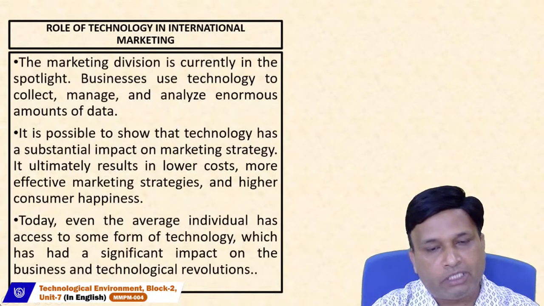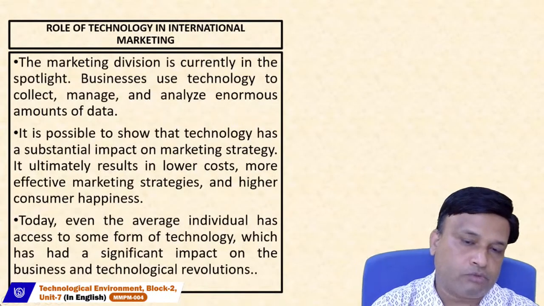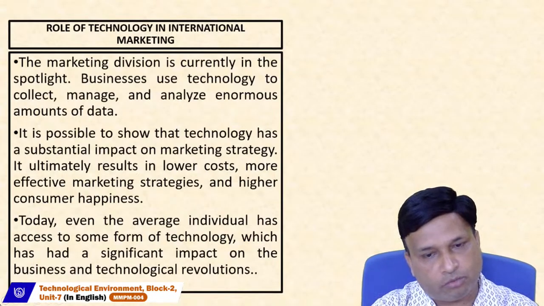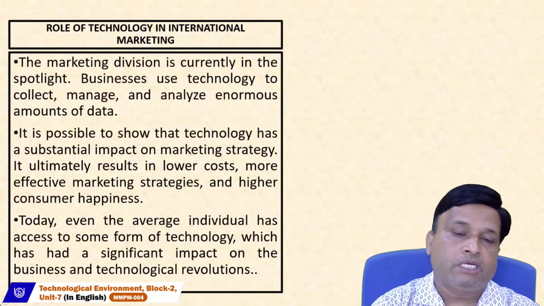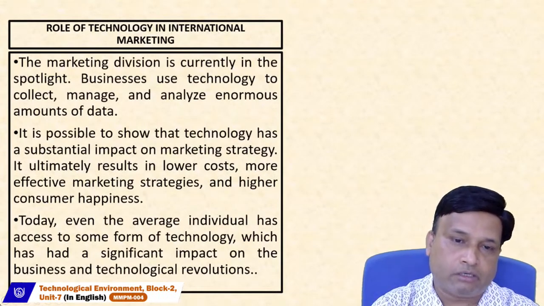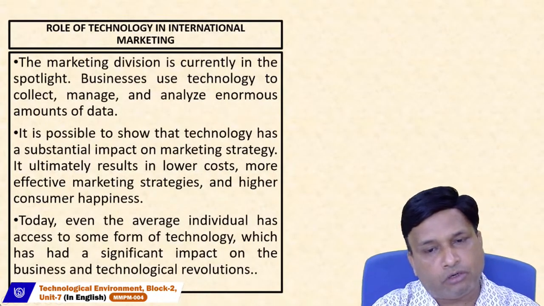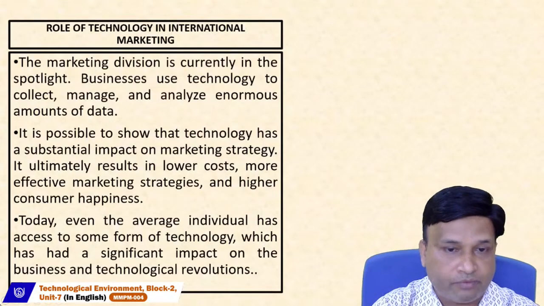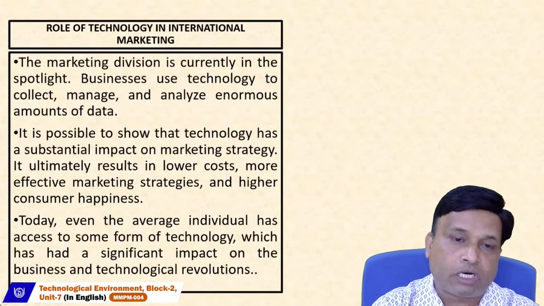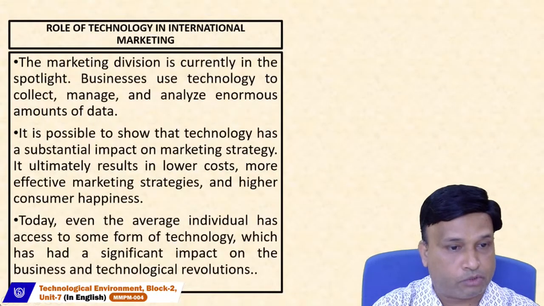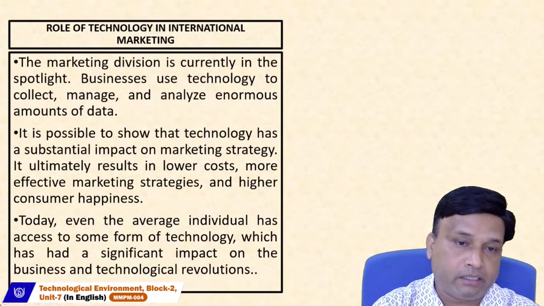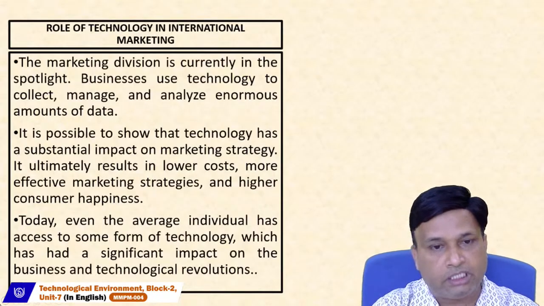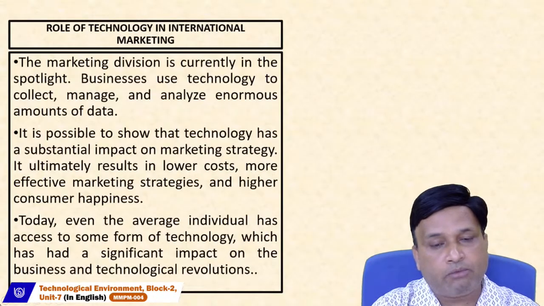If you go the traditional way, and one leaflet costs you around 1 rupee, it costs around 10,000 rupees to reach 10,000 customers. But if you take the help of social media, like Facebook, Insta, or other media, with a cost of hardly 1,000 rupees you can reach 10,000 customers. So see the difference. It makes your work easier, and it is cost effective also. That is why the way we designed marketing strategy no longer works. We have to include technology in our business marketing strategy to make it more impactful.